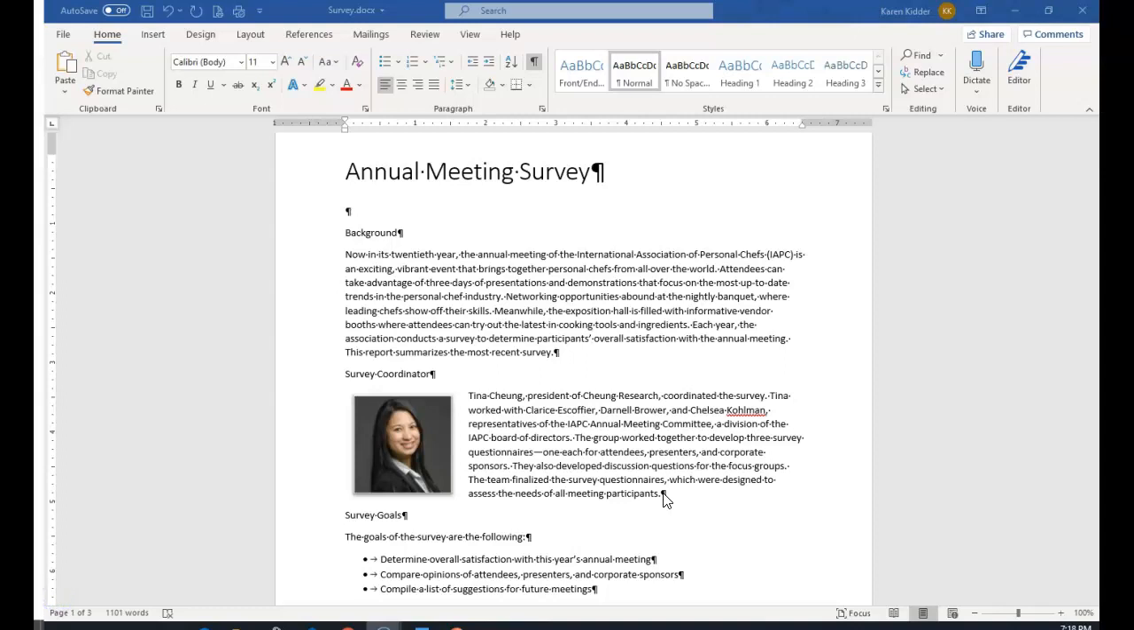I just opened up Annual Meeting Survey document. It's a 3-page document. Now I'm going to use this to introduce you to styles, themes, style sets, and how to generate a table of contents. And so a style is a group of formatting that's given a name. And so just like